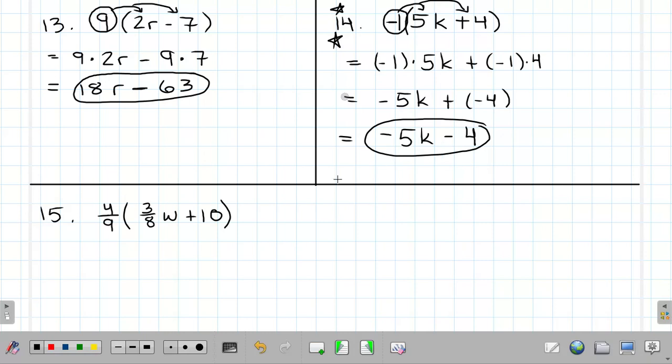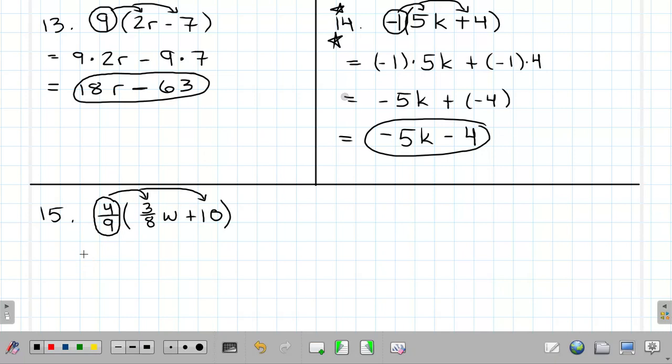And lastly, we have number 15. Notice here I give a little bit more space because we are dealing with fractions. So I did warn you guys that you would see fractions a little bit more. So in this case, we're distributing. 4/9 is just a number. So we're going to distribute the 4/9 to both